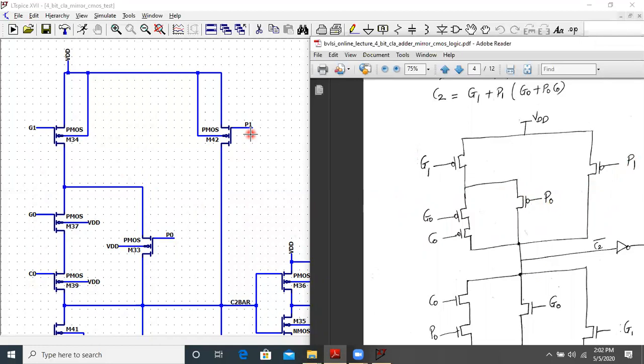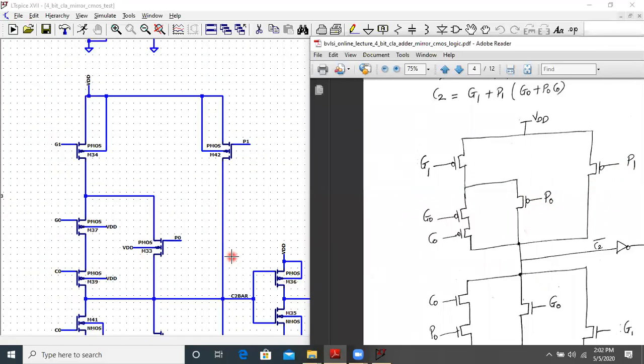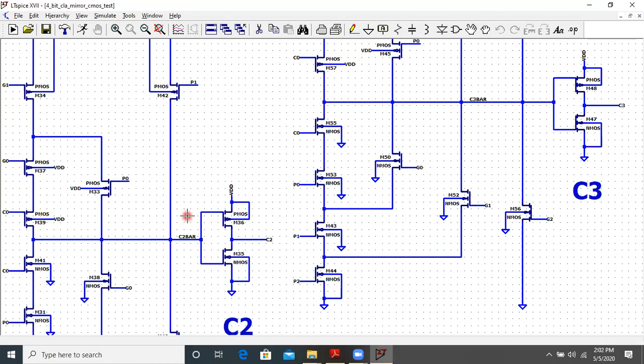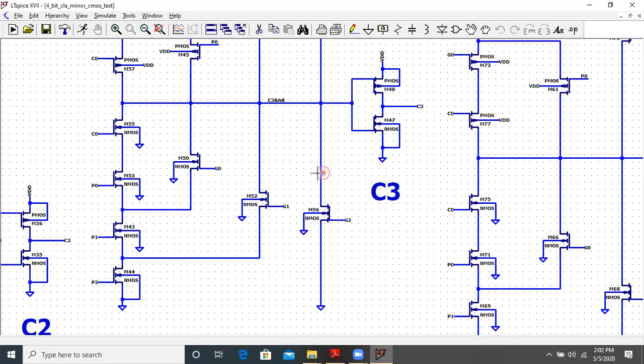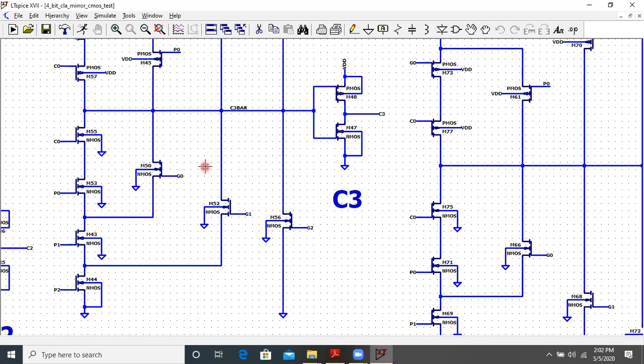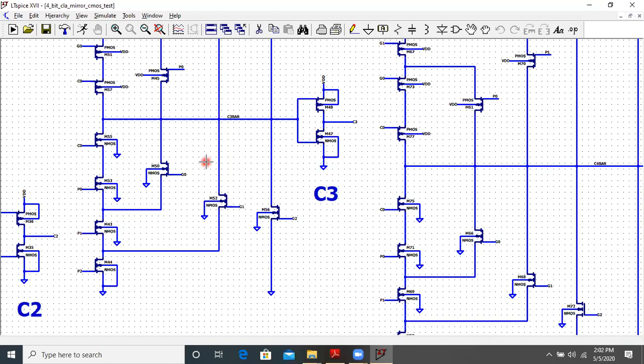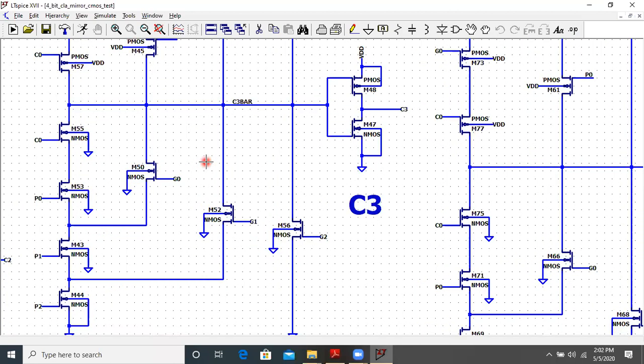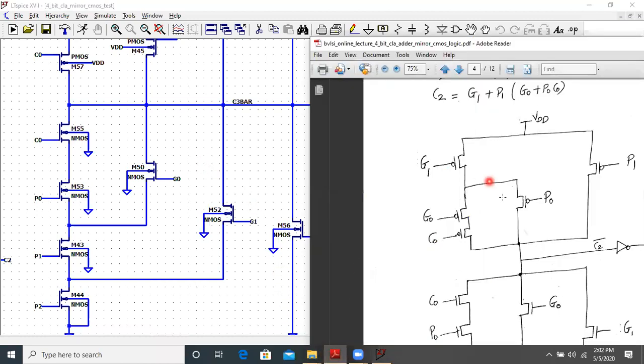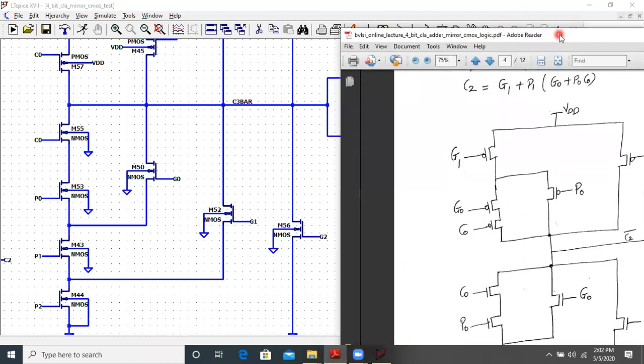So we have checked the pull up and pull down networks separately, since the network is quite big. Let us check it all together over here. Here we have to produce C2, so we have connected another CMOS inverter over here. Now let's check the connections for the C3 block, the pull down network of C3. I'll expand it a little.